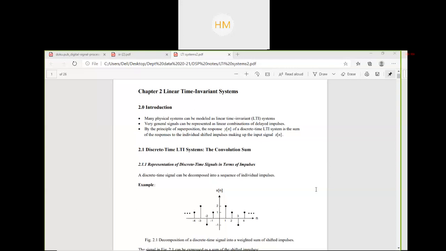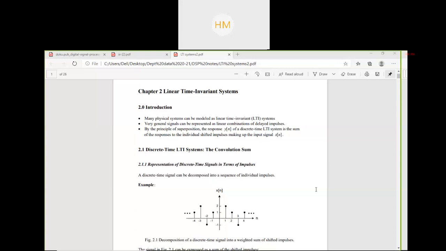So X of z will be equal to, I am dictating, you can write the answer, 1 minus z inverse plus z to the power minus 2. So you will get 3 terms for X of z. Now, from X of z you have to find the input sequence X of n. In the question it was mentioned input sequence X of n, not X of z. So again I will convert X of z into X of n by applying the inverse z transform formula. So applying the inverse z transform, you will get X of n, and the value of X of n is 1, minus 1 and 1.